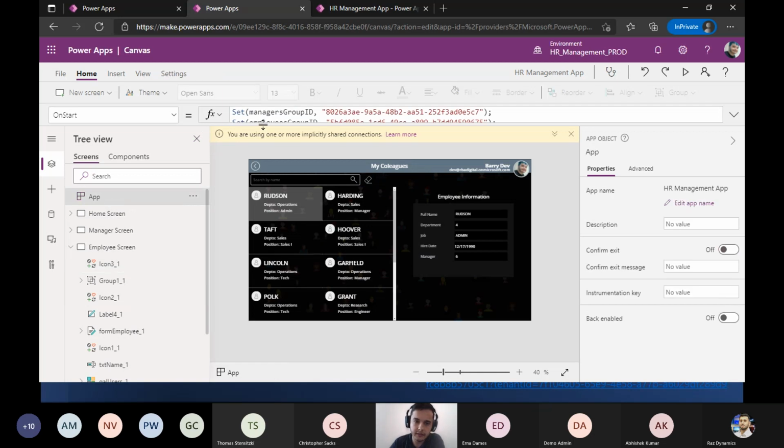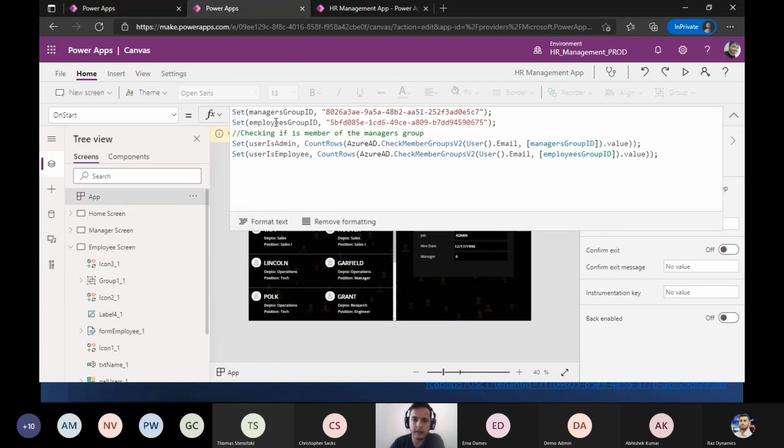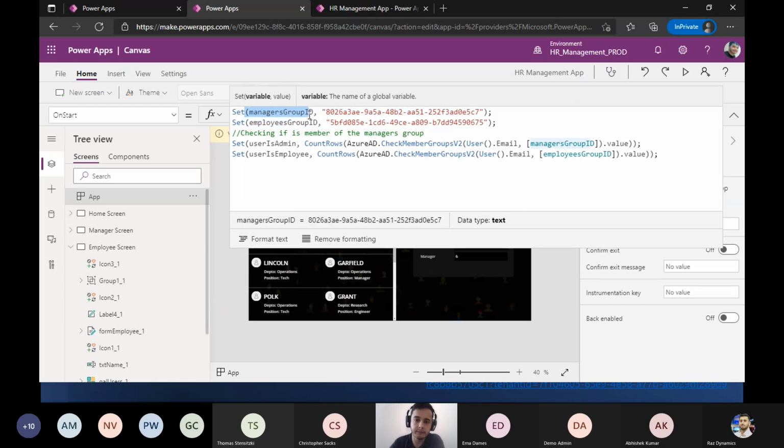Here in the on start, I check if I just saved the group IDs I got from Azure AD. If I go there, I can get the ID for each group, and I check if the current user is inside those groups. So if the user.email is inside